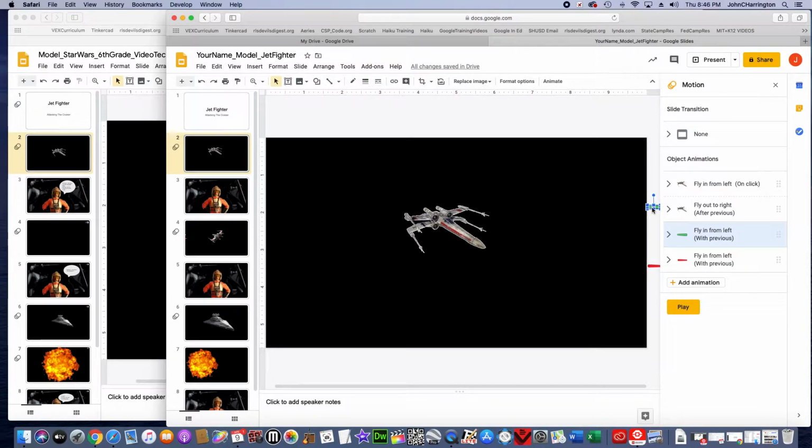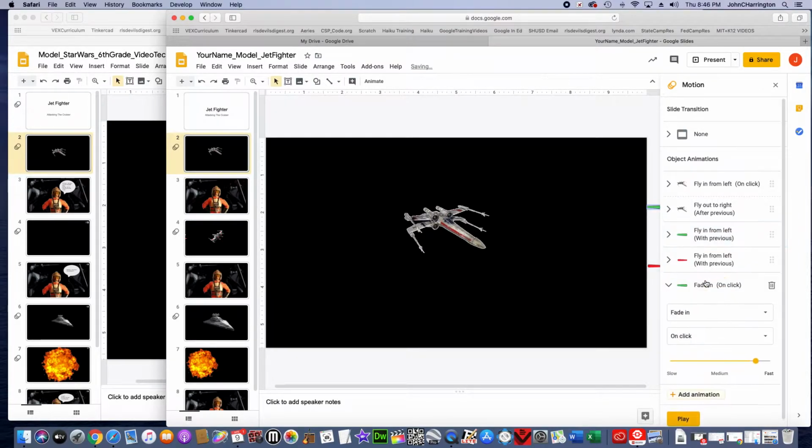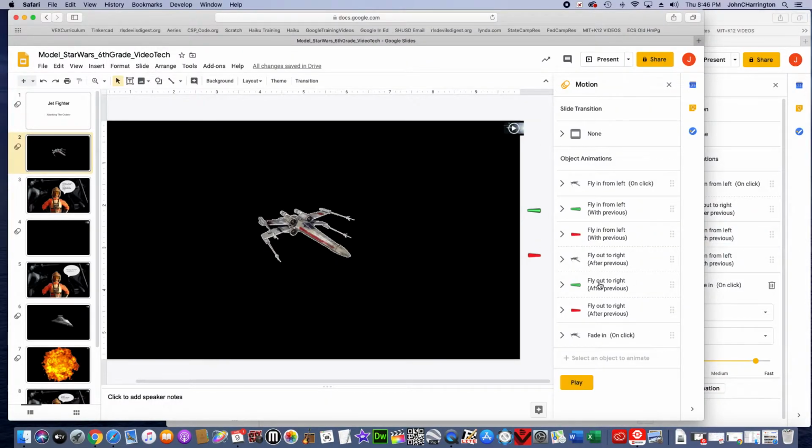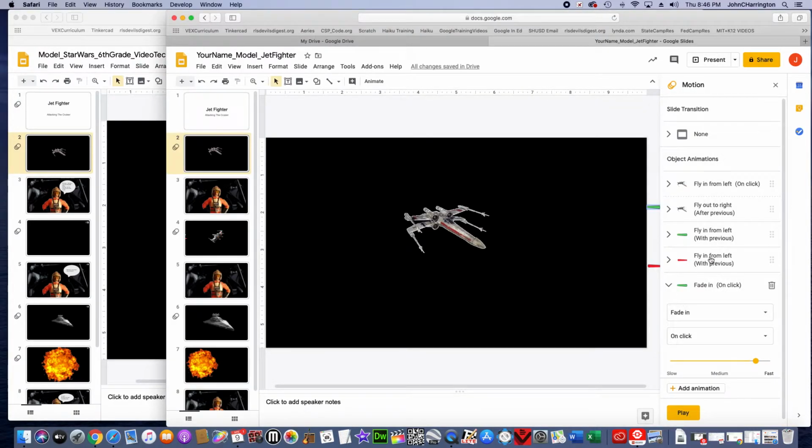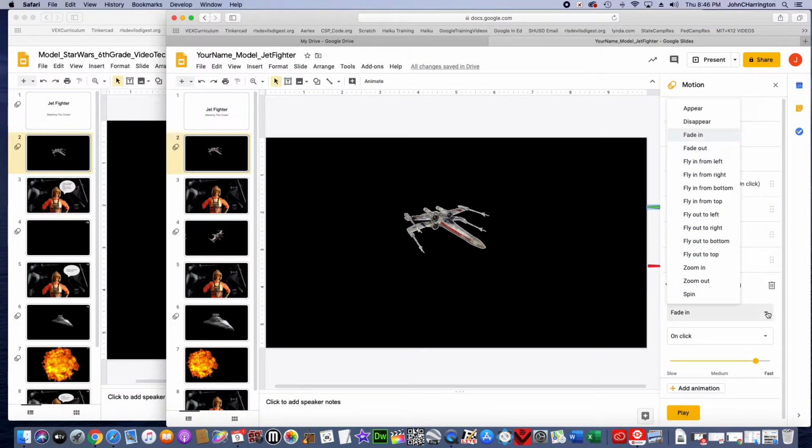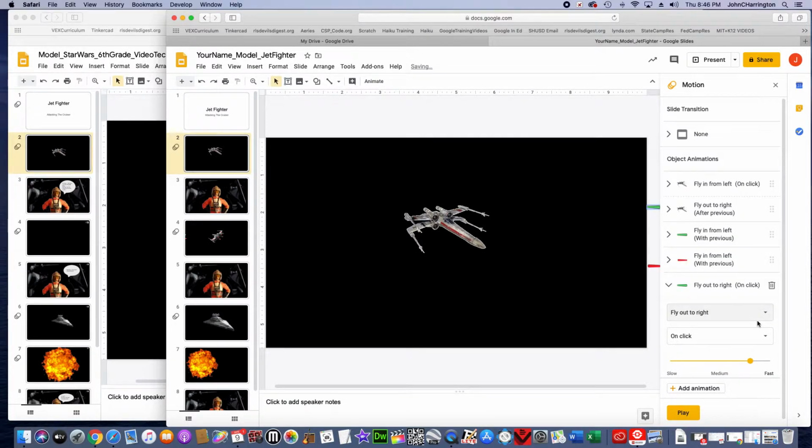So here's my second one. I'm going to go add animation, and I'm going to click and see. I'm stealing my code. Fly out to right after previous. And that'll be the same with the red. Fly out to right after previous. So I come here, fly in from left. Whoops, sorry, right here. Fly out to right, after previous. Fly out to right, and